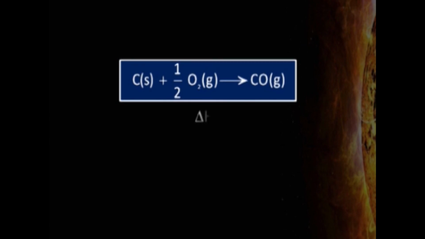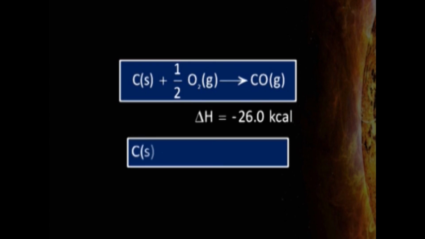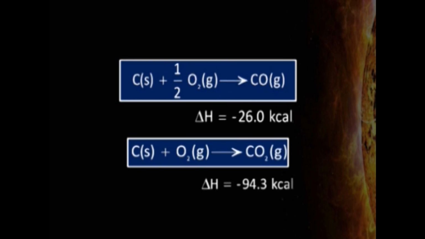In another example, you can consider two reactions for the oxidation of carbon. First one is solid carbon plus half O2 gaseous giving you carbon monoxide gaseous. Here delta H is equal to minus 26 kilocalories. In the second reaction, solid carbon plus O2 gas giving you CO2 gas, and delta H for this reaction is